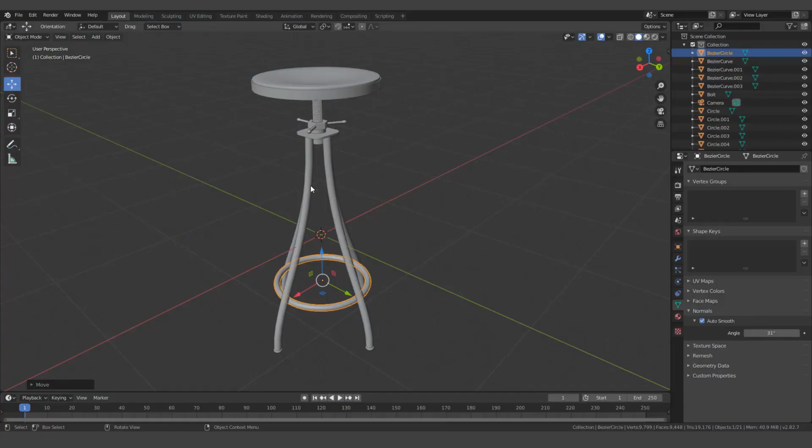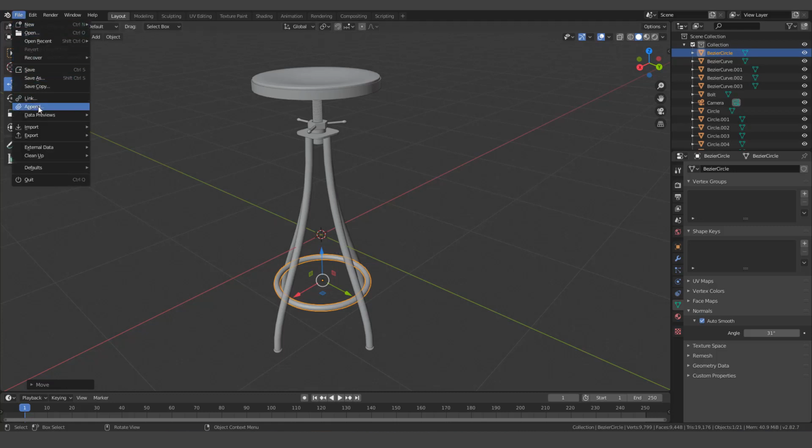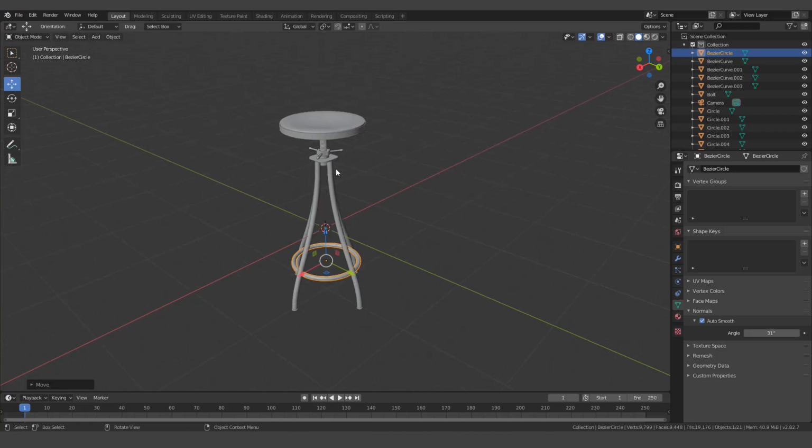Okay, here we are. I've created a new Blender scene and I've appended all of the parts out of the other Blender scene into this one. If you're unfamiliar with appending, you can simply go to File, Append, and then it'll ask you which Blender file you want to go to. Go to the one where you modeled this stool in the first place, and then select all of the objects that you want to append out of the object category, and then hit Append, and it'll appear in a new